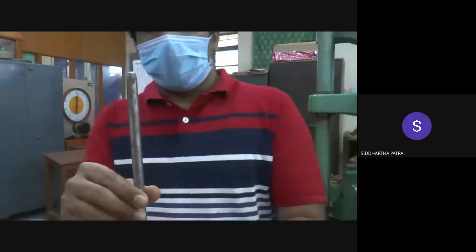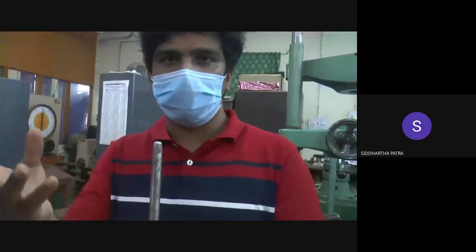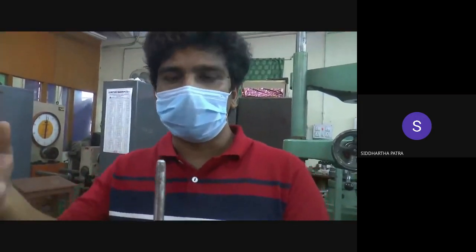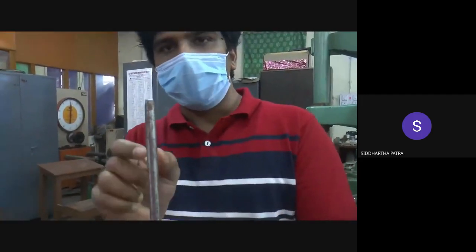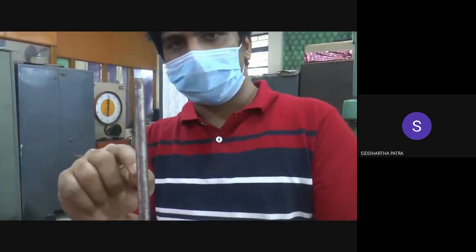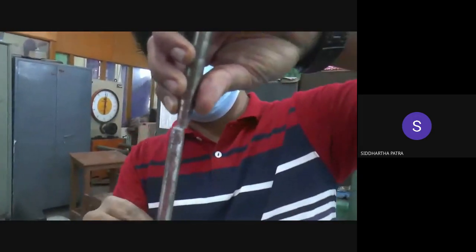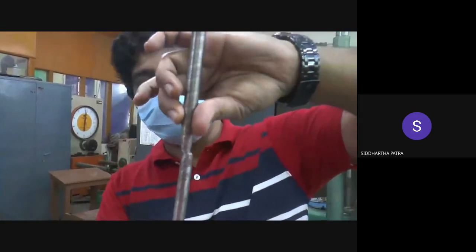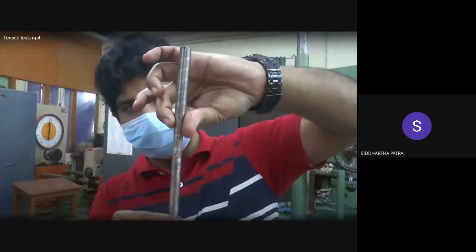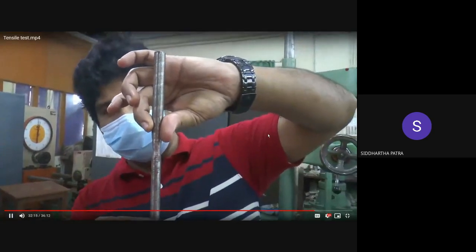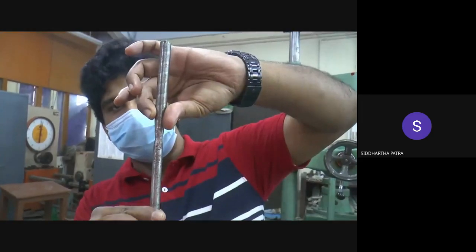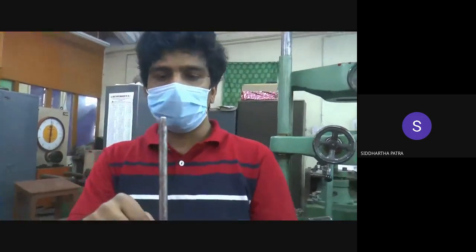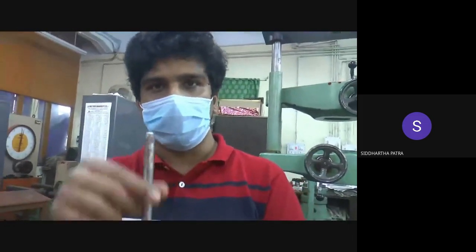Also, one more problem. Ideally, if we do, let's say, a finite element simulation in ANSYS or Abaqus, there you would see that the region where the cross section reduces to minimum happens exactly in the middle of the rod. But in this case, as you can see, it has happened at an end, actually closer to the taper region. So it's still in the 10 millimeter diameter region, but closer to one of the ends.